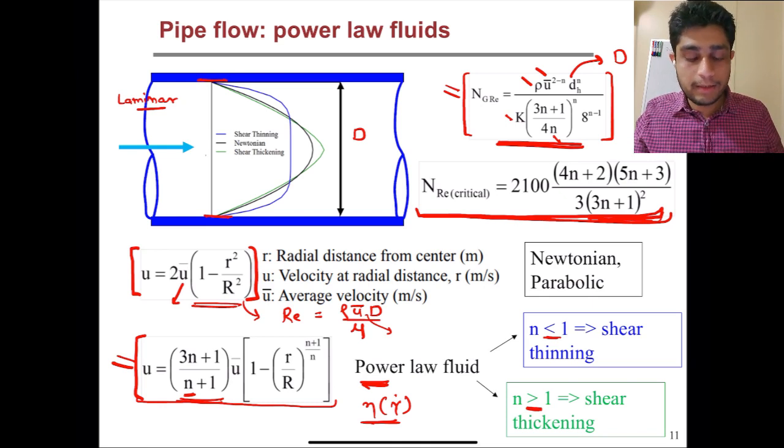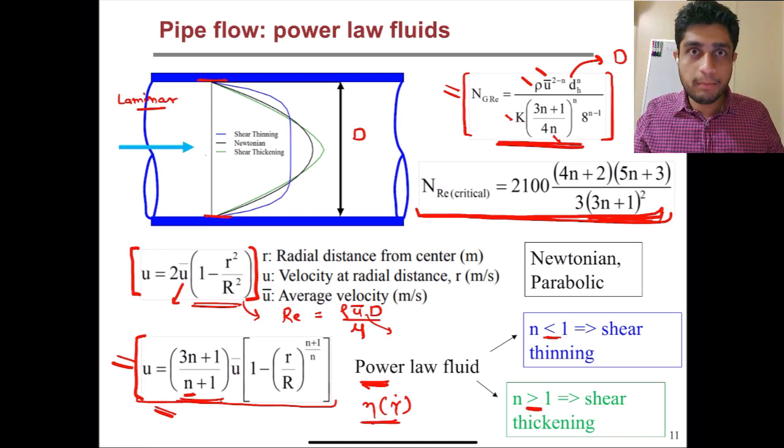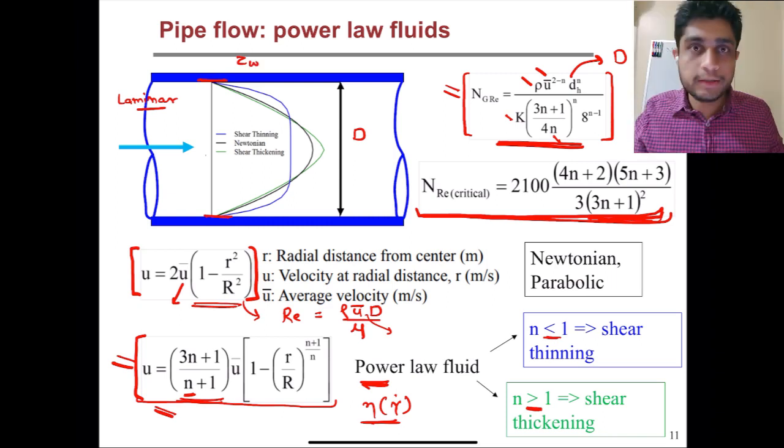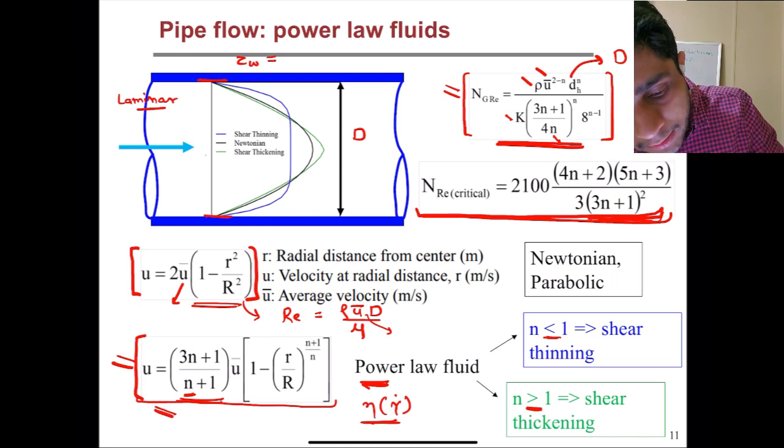And calculating these viscous losses is not that straightforward for non-Newtonian fluids, and hence these simple models can be very handy. So I'll just show quickly. The tau wall, which is the viscous shear stress at the wall, is nothing but the viscosity of the fluid at the wall times the du by dr at the wall.